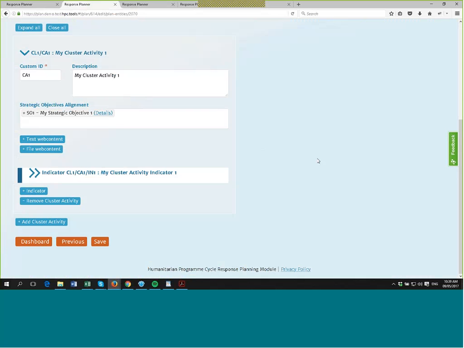So the idea is that the RPM would give you this framework or structure that you can pull from here into a cluster tool that you have, which could be an ORS or eTools or any other platform. Then the clusters would use that as a basis to go to the partners and collect that data, because it's already linked with the different activities they're working on, and it's also linked to the different